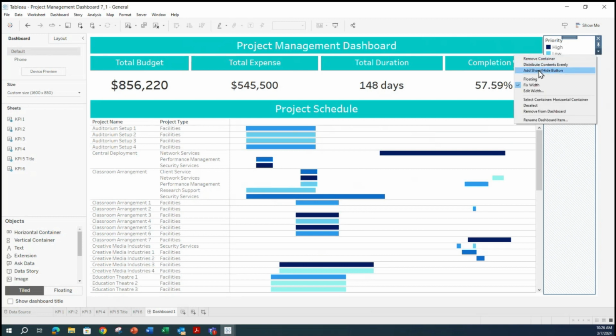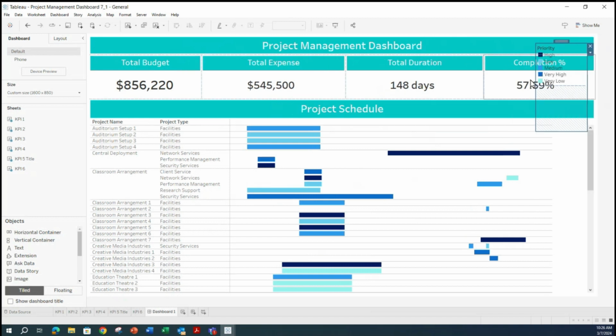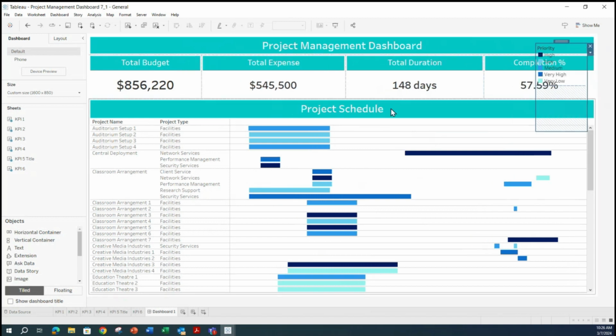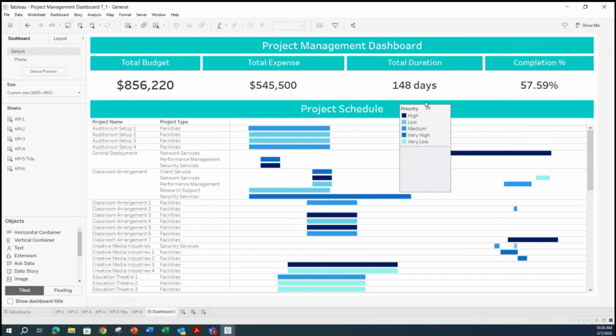Remove container, no. Distribute, no. Add, show, hide button, no. Oh yeah, so currently it's fixed width. I will convert it into floating. Once I do that, you see it pops out and the other sheets rearrange themselves because now it's floating. So I'll drag this somewhere over here,